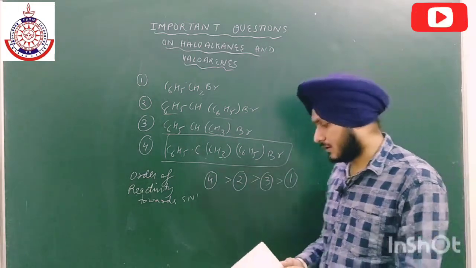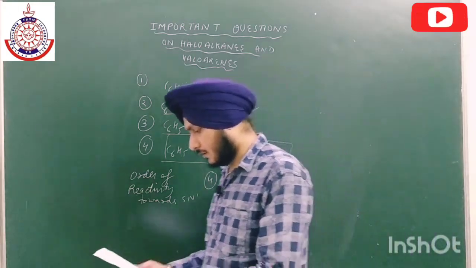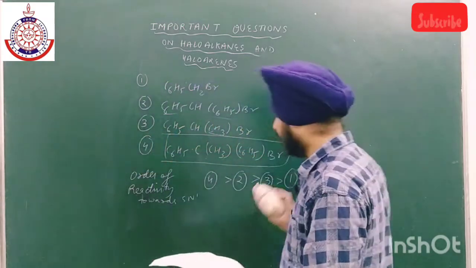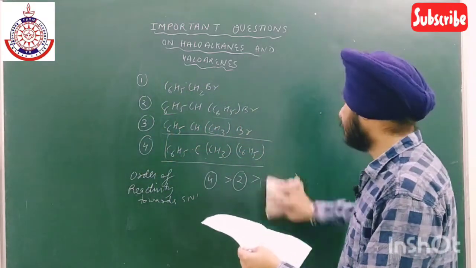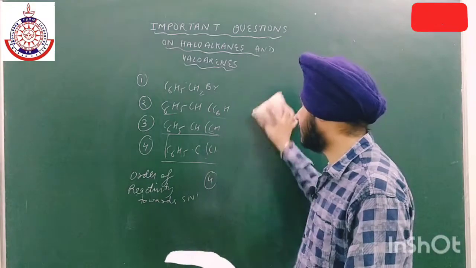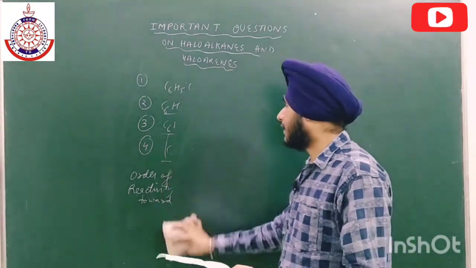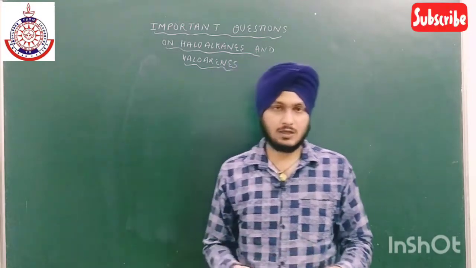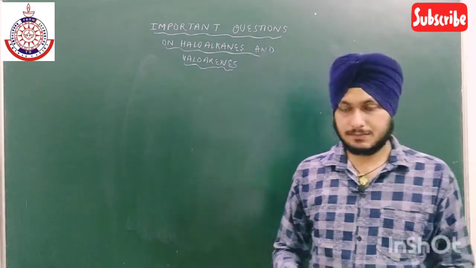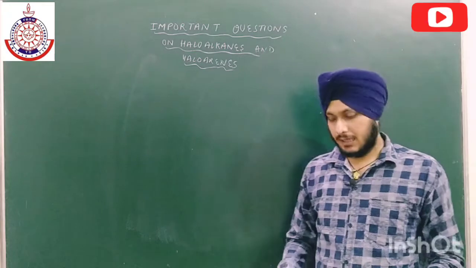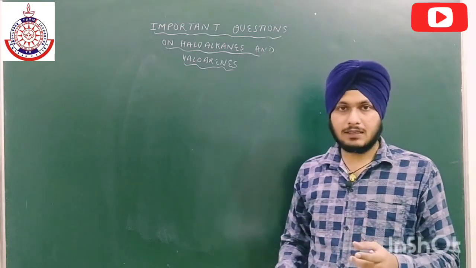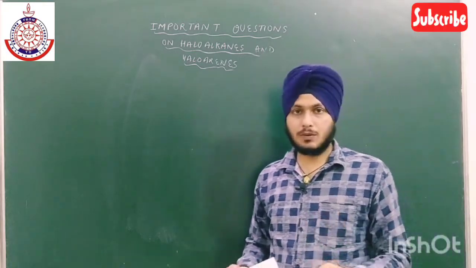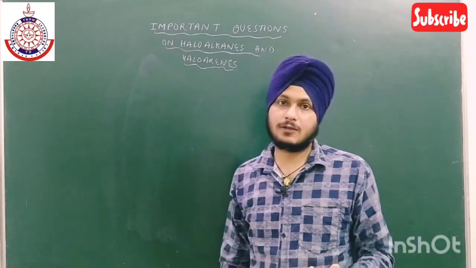So this is the third question. So let us move on to the fourth one. So the fourth question is: alkyl halides, though polar. This is related to the physical property. So alkyl halides though polar are immiscible with water. This question was asked by CBSE in 2010, and the question is, I am repeating, alkyl halides though polar are immiscible in water.